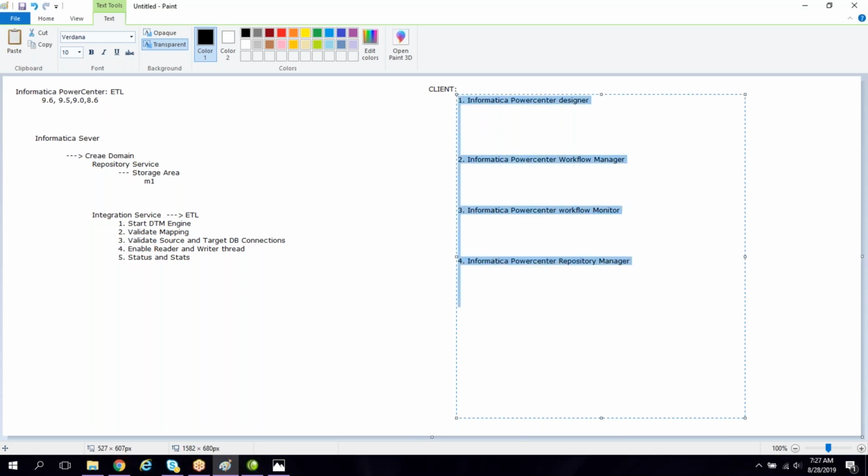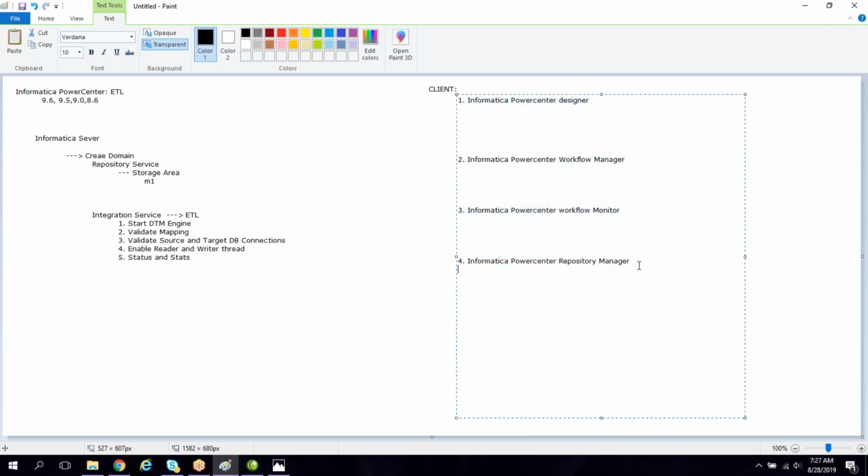Like this, we'll have these client tools. We will have the Informatica Developer tool also, which is not used by PowerCenter; that is for improving data quality and so on. That is different. So majorly we will be working on these 4 tools.